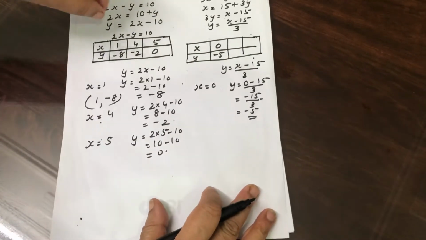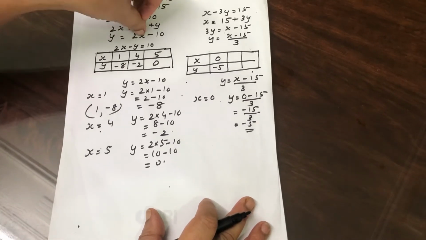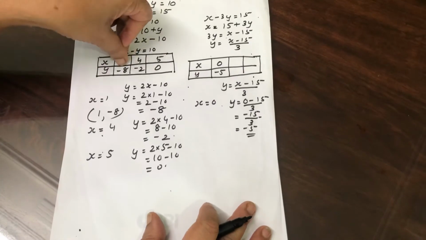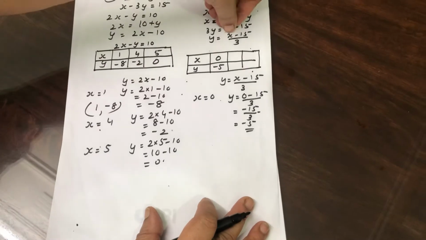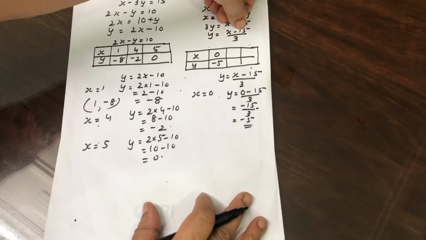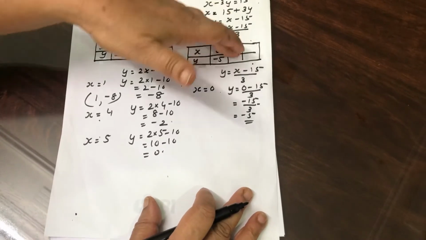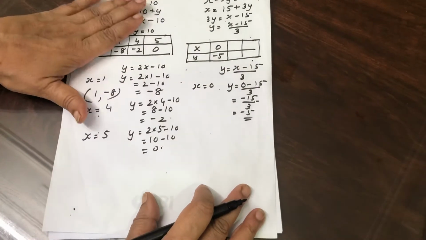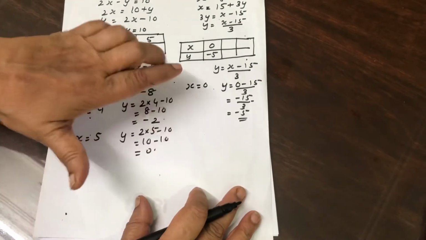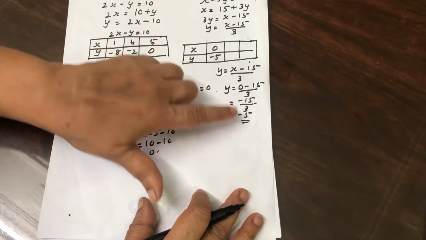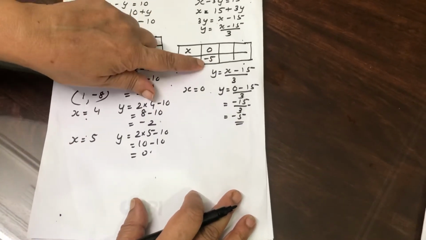Here there is no denominator in the case of 2x minus 10. You can directly substitute the value of x and get the value of y. Here the denominator is 3. Suppose I take x as 1, 1 minus 15 is minus 14 by 3, you get a decimal number. To mark a decimal number on the graph is difficult. So I will tell you how to get ordered pairs of integers. The first value you have to find out by trial and error method. Both should be integers. I got it, (0, -5).